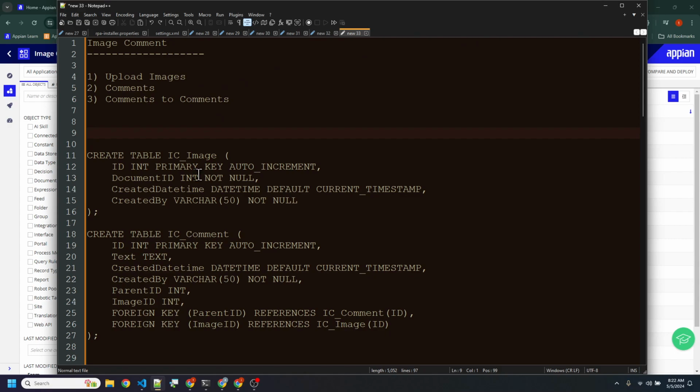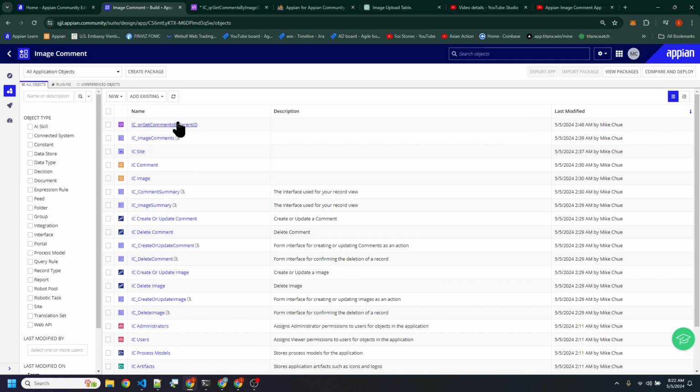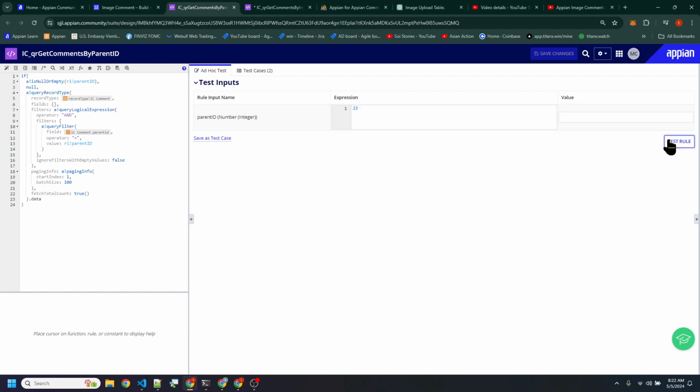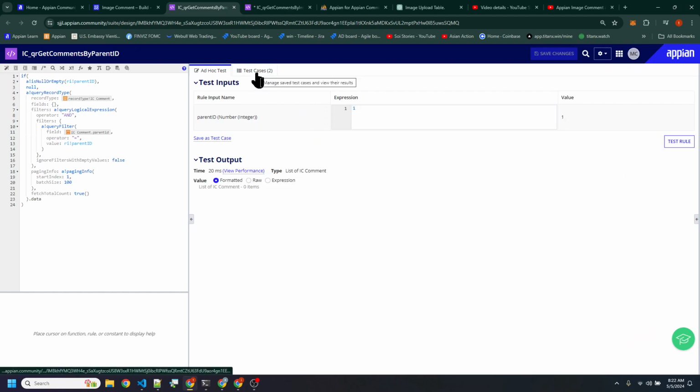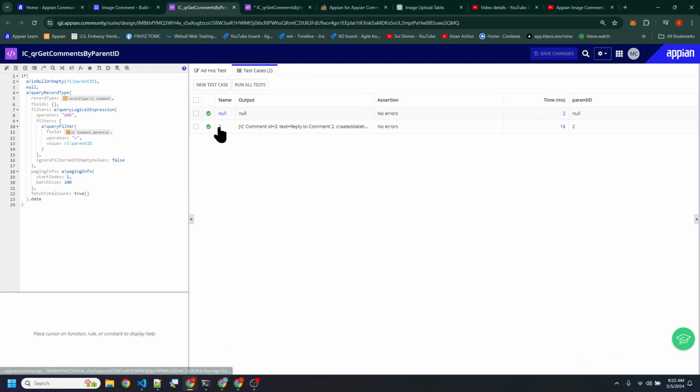At this point, we're just pulling data from the comments table. We're also pulling comments from the image here. So basically, we're querying the comments here, and we eventually need to pull data from the image table as well. Yesterday, we created this one. I'm just going to enter something down here. We built two test cases here.